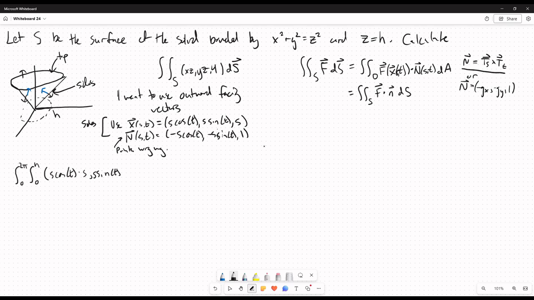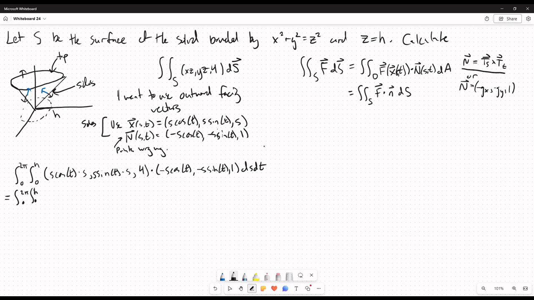Times s. And then my last component's just 4. And I'm going to dot that with n. And we see that n is negative s cosine of t, negative s sine of t, and 1. We'll be integrating all that ds dt. That's a mouthful, but this is actually going to simplify down quite nicely